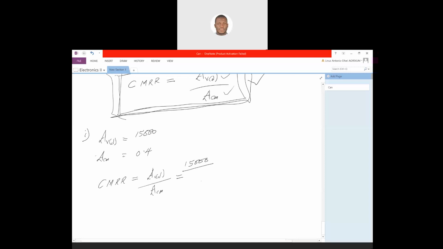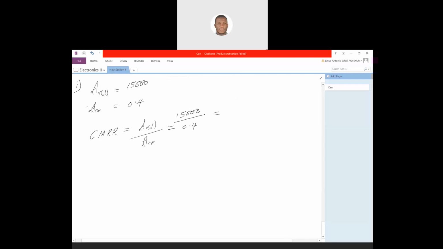So here we have our CMRR, the common mode rejection ratio, equals AVD divided by ACM,